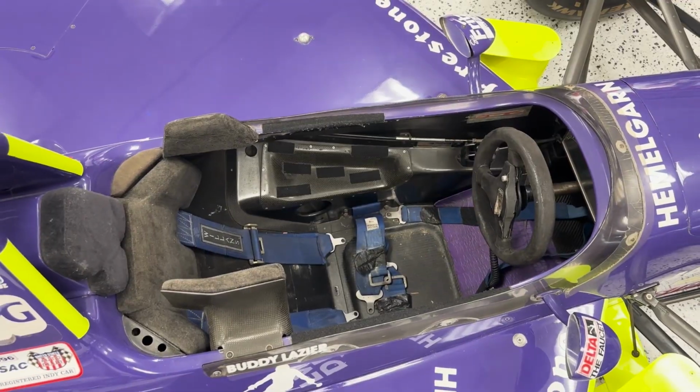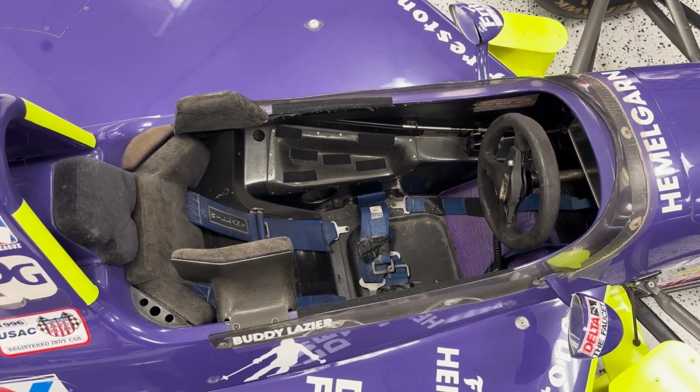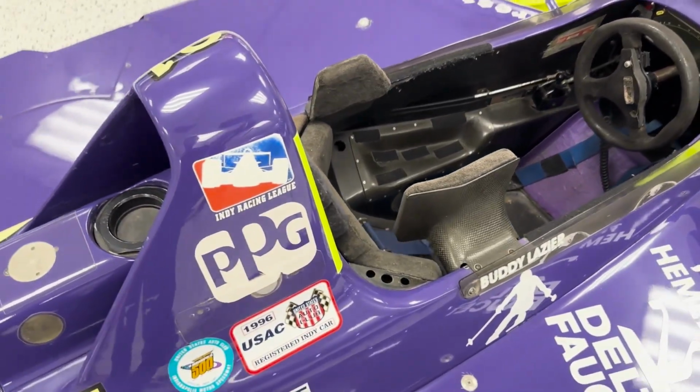They really didn't push the car very much throughout the month. They were just kind of hanging back. I think they kind of knew what they had. And as you know, guys like Ari fell out of the race, Buddy was in position, and with about 8